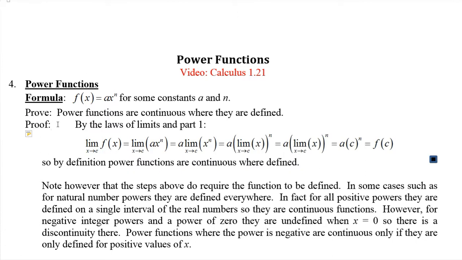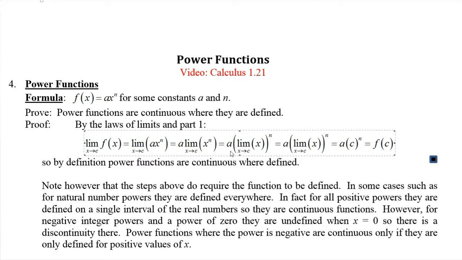Okay, so let's see if we can do that. Well, really, the proof follows very quickly from the results that we had earlier and the laws of limits. So the limit as x approaches c of f of x, of course, f of x is a times x to the n. And our constant multiple rule for limits says we can pull the constant multiple out front of the limit sign, provided this limit exists. And then we have a rule that we proved earlier, at least for natural number powers,